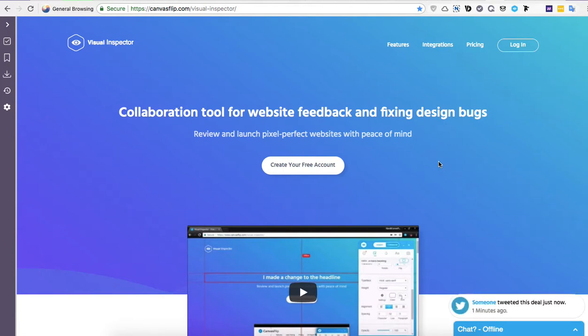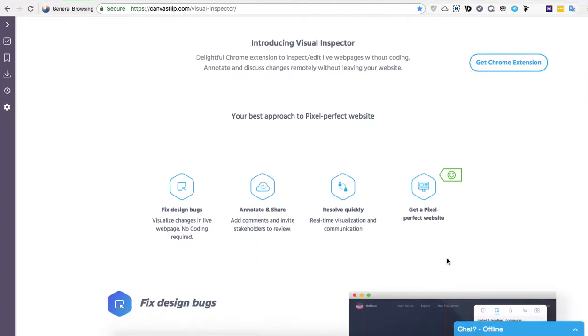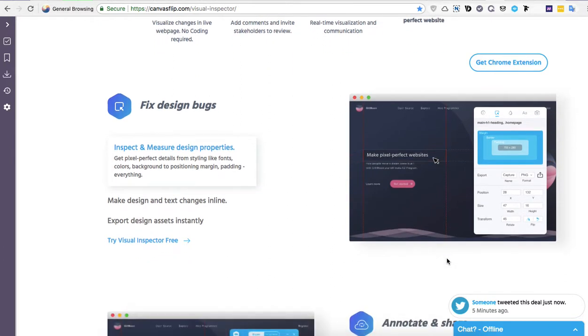So today I want to kick the series off with the Visual Inspector tool, and it is by CanvasFlip. So I'm currently on their website, and as you can see, it's like any other website, right? You're scrolling through, and it's a simple website. As you can see, it's just informative, tells you what this product is, and essentially it's a free Chrome extension